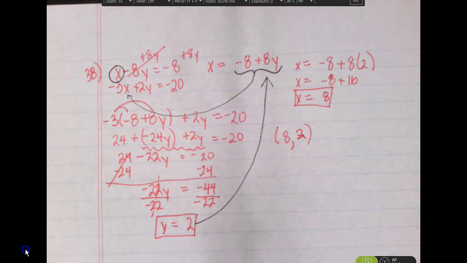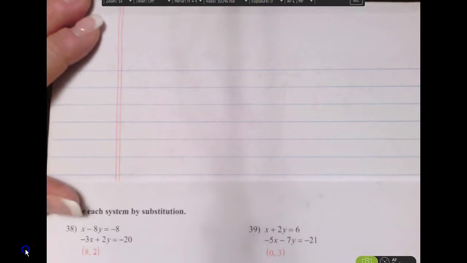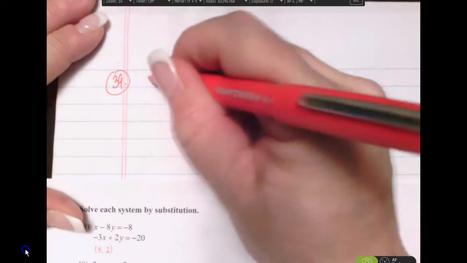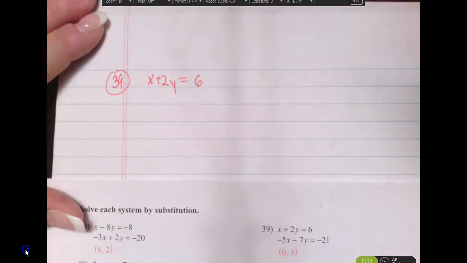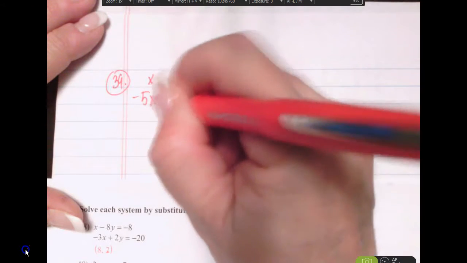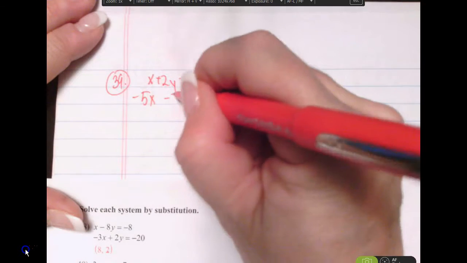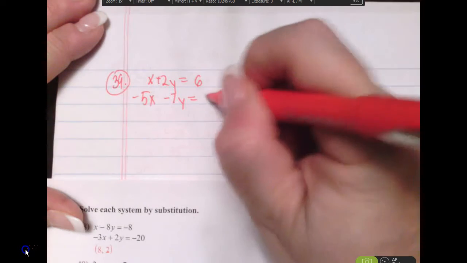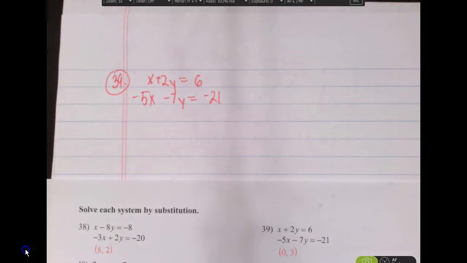So these problems are quite complex and they have many steps. Definitely practice all 4 problems. It'd be best if you could pause the video and try to work them out on your own first. For number 39, x plus 2y equals 6, and -5x minus 7y equals -21. So